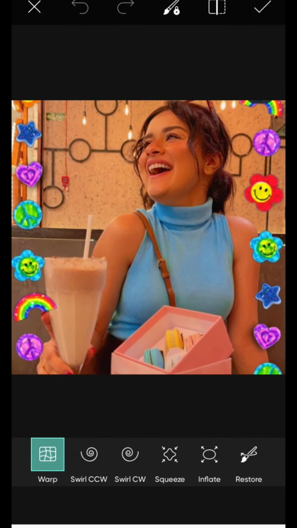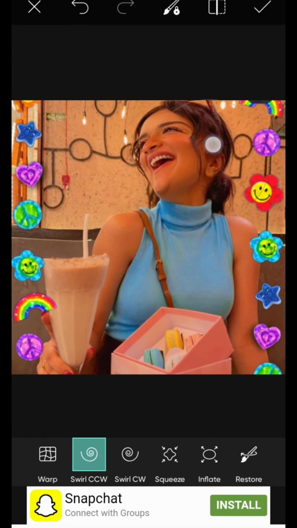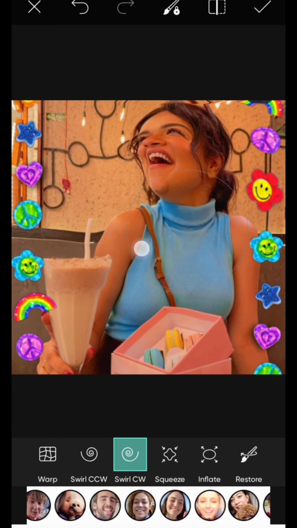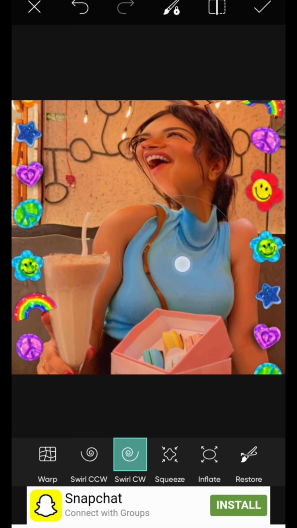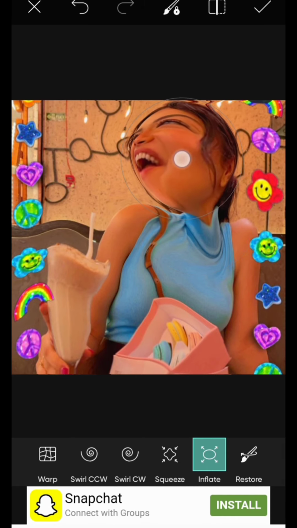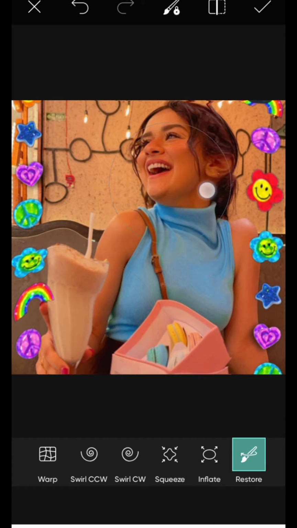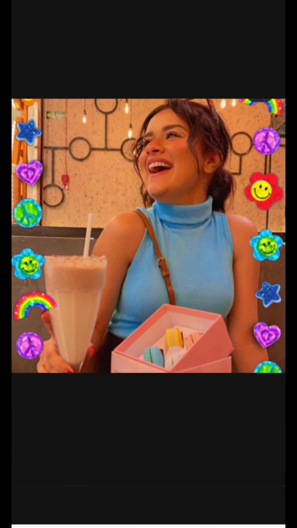Next is stretch. I love this one. This is amazing for making some funny faces. This is what it looks like. So if you want to try you can. So let's move on to another one.